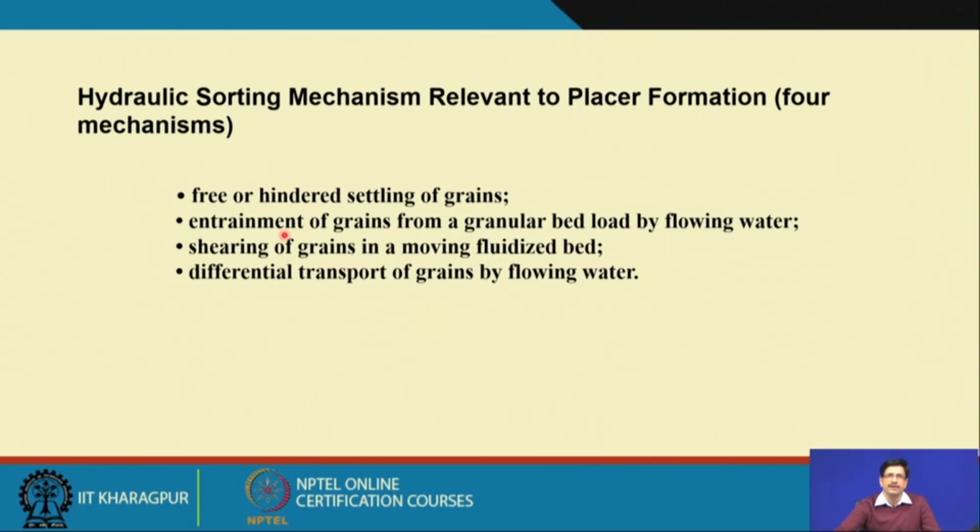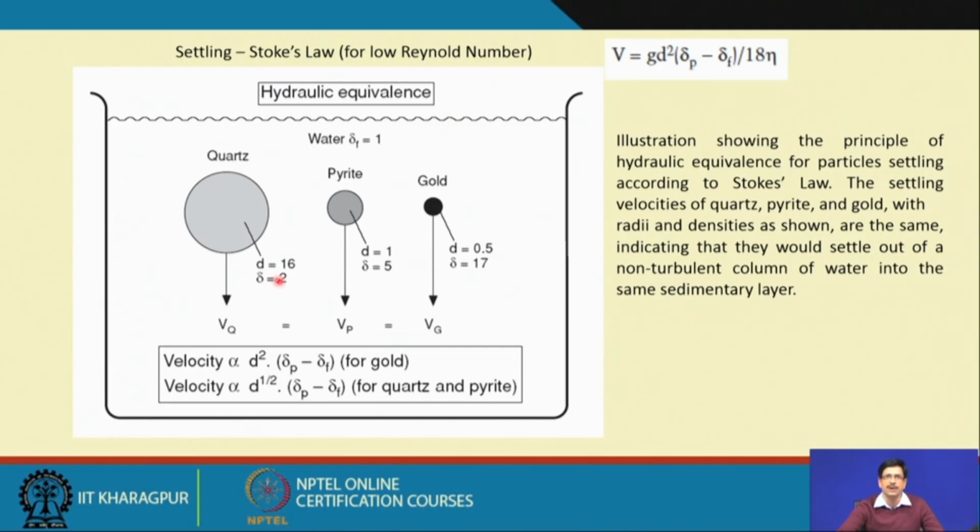We could either have a free or hindered settling of the grains. We could have entrainment of grains, meaning the grain will be moved from its rest position. It should start moving from a granular bed load by flowing water, shearing of grains in a moving fluidized bed, or differential transport. These could be the four possible mechanisms, and let's see the first one. Here is the case of